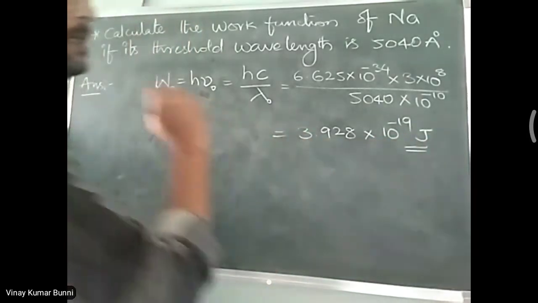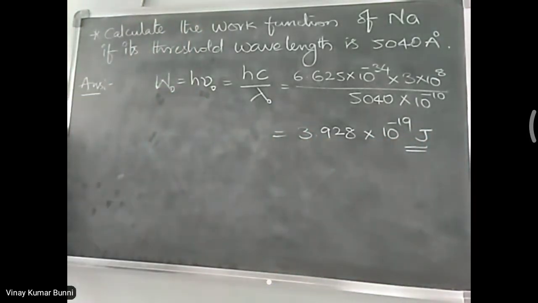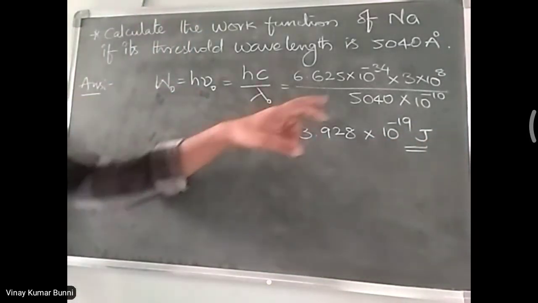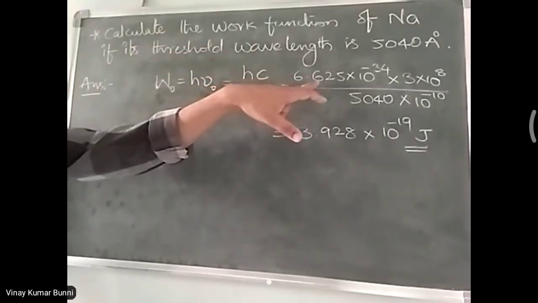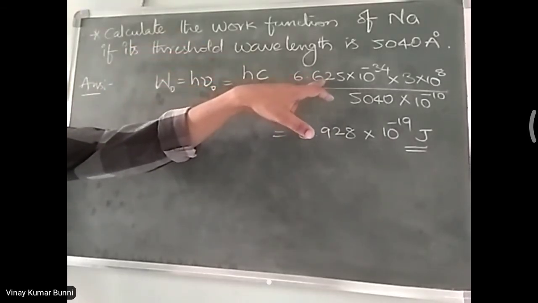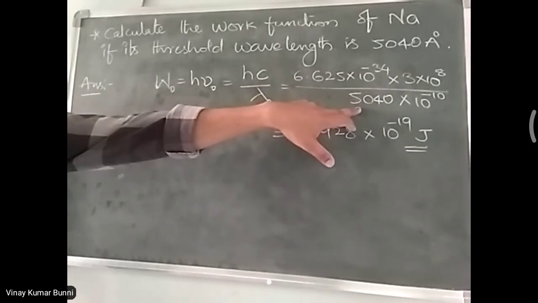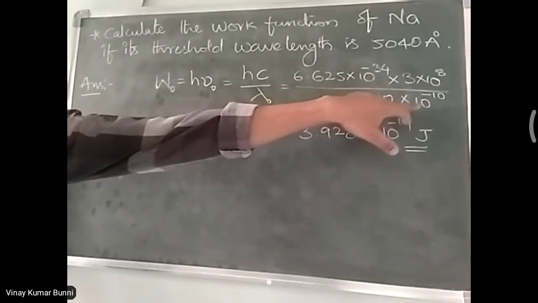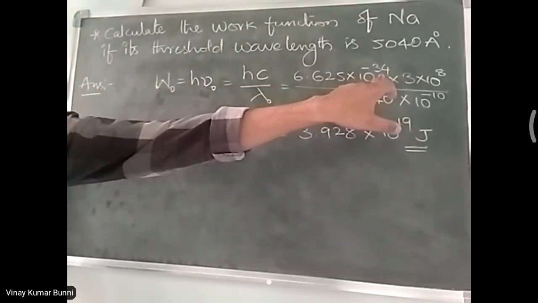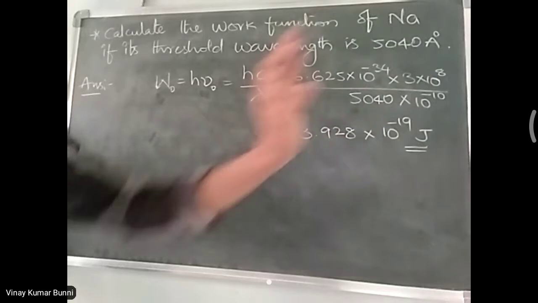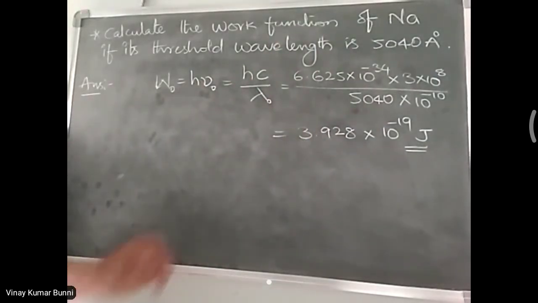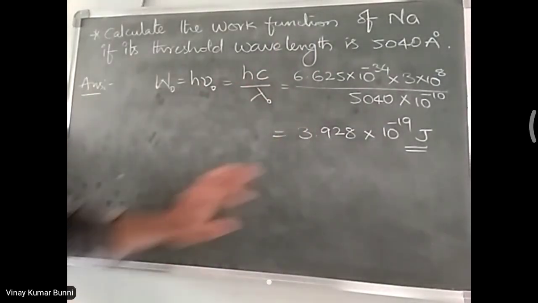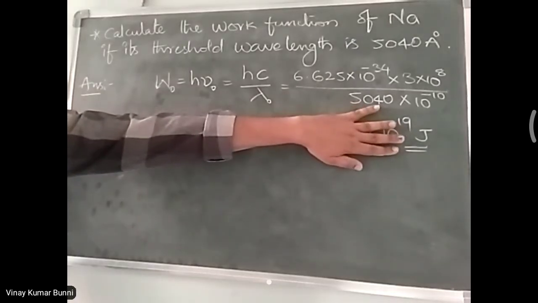I already practiced and already calculated. You need to work upon all the problems by multiplying and dividing, then simplifying these multipliers, 10 power minus 34, 10 power 8, 10 power minus 10, and then you will get the answer. No need to learn the answers by heart. Just see the process and